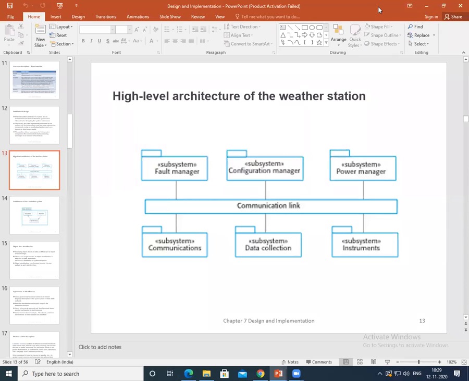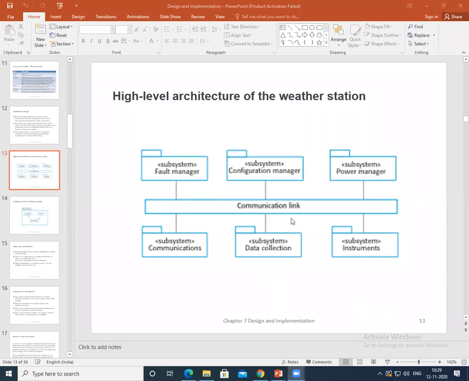So you can see a communication link that is connected to the various subsystems.